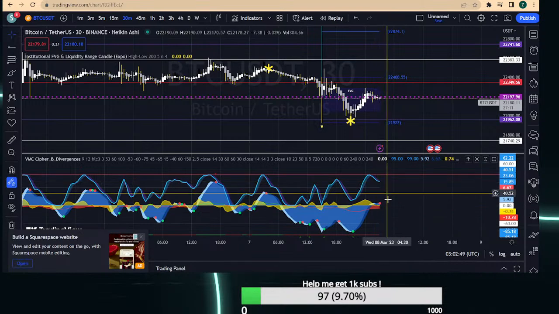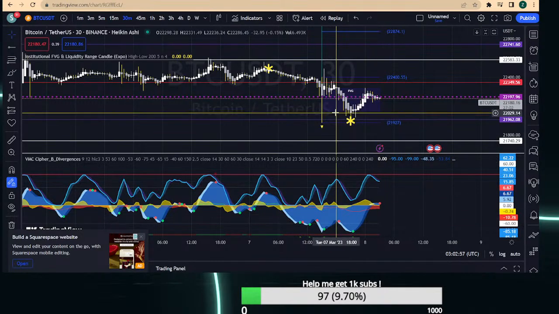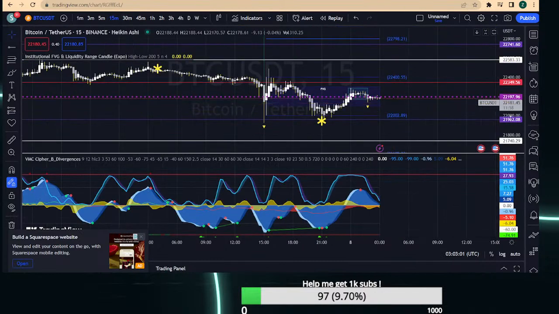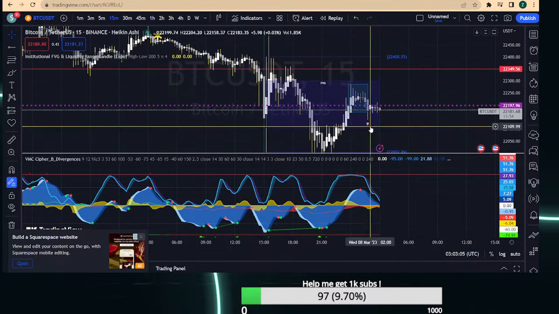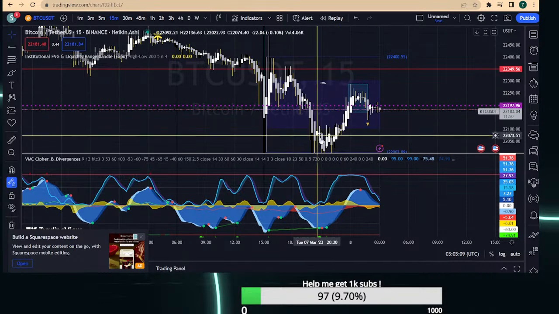Anyway, I believe that if we do end up getting rejected, if the money flow keeps on going down, stochastic keeps coming down, and the overall momentum's coming down, the VWAP's coming down, this move could end up being at the bottom of this FVG on the half hour. So now let's look at the 15, and vice versa. It could be at the bottom of this FVG, which would be also confluent with the top of these candles,